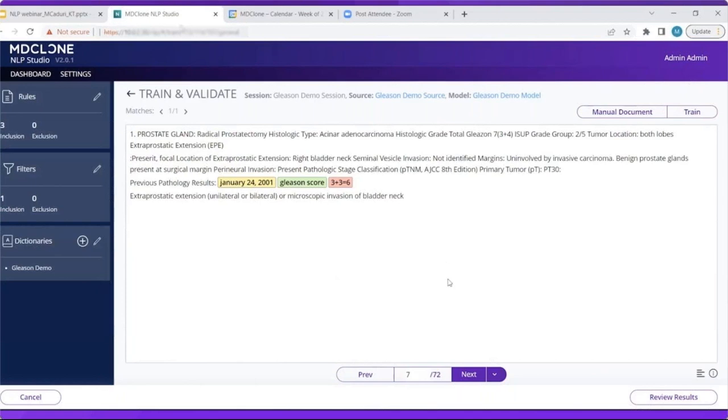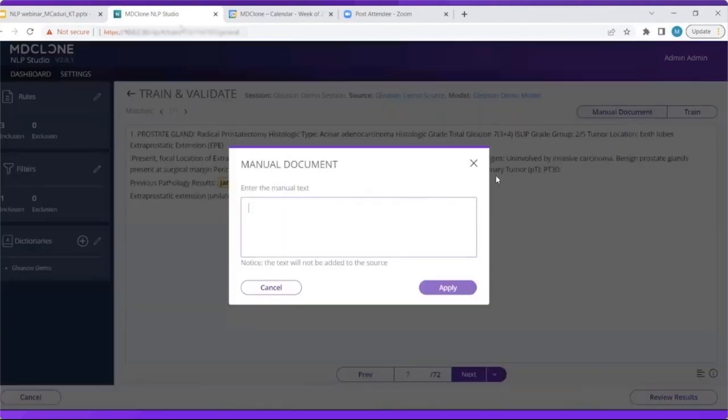I can continue clicking next or next unmatch through my documents. But if I already know of a specific pattern that exists, I don't need to wait to meet it in my documents. I have the option for manual document. Manual document will create a document only for training purposes. So I can put over here